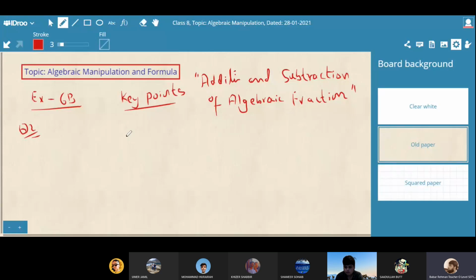For example, you must understand how we can make the same denominator and how we can take the LCM of the denominators. Okay, in the last class I started this key concept. For example, if I have in the denominator 1 upon 2a, then 3 upon 5a. So what is our LCM? How can we make the same denominator?